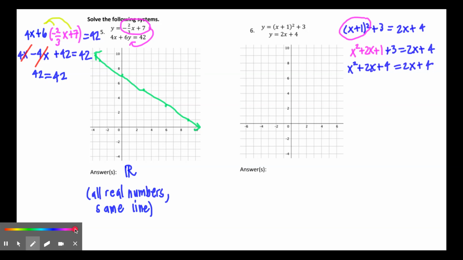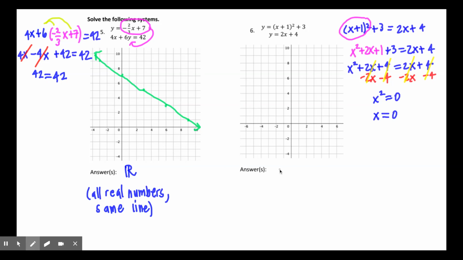And then since it's a quadratic, you'd want to set it equal to 0. But it just so happens that you can see that a lot of stuff goes away. And then you get x squared equals 0. So when is x squared 0? When x is 0. So that must mean you have